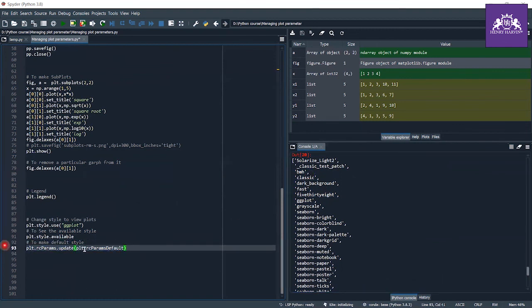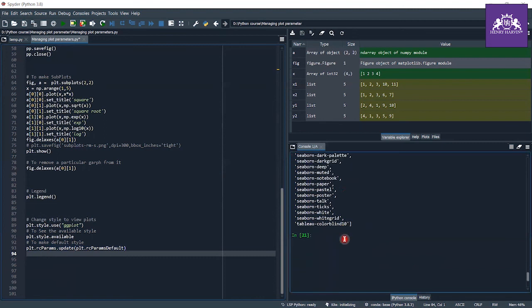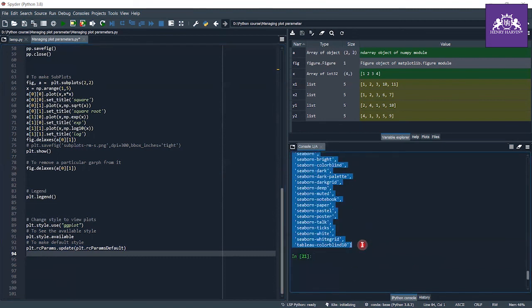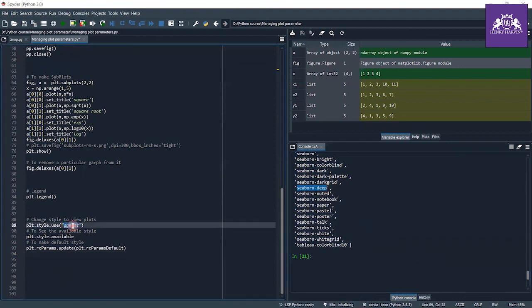If you want to change the style, you can use any of these styles by copying the name, seaborn-deep, and using it in place of ggplot.